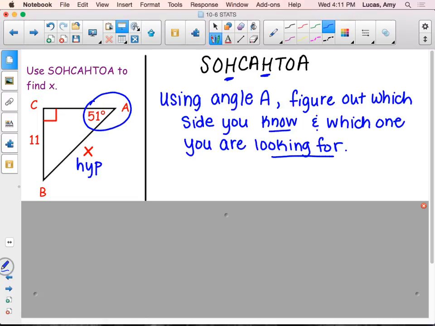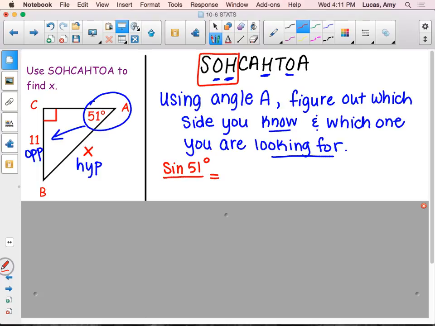Now, the other side where the 11 is, is that the opposite side or the adjacent side from our reference angle 51 degrees? That one is opposite. So opposite, opposite. So the trig ratio that we're going to have to use for this problem is the sine, because that's where I underlined opposite and hypotenuse. So the sine of 51 degrees,